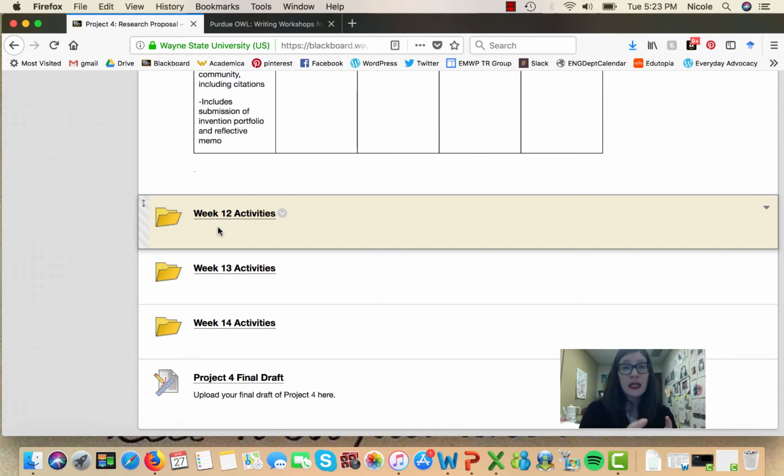So this week might feel kind of lightweight to you because we're not doing any heavy-duty drafting, but I really want to encourage everyone to use this week. It is here for you to organize all your sources, find your 2 new sources, and plan out your methods.